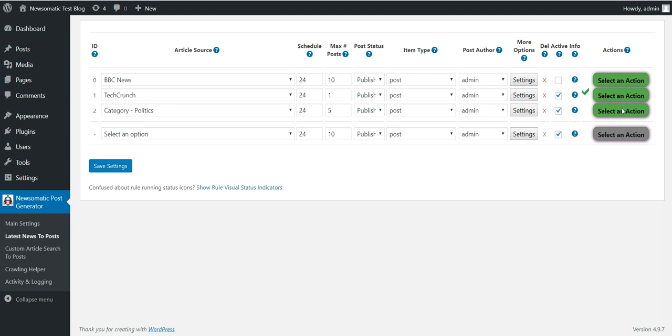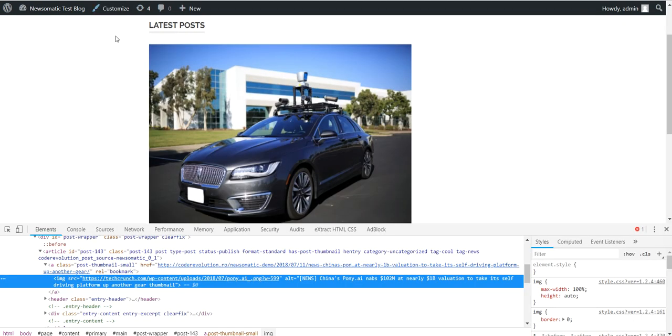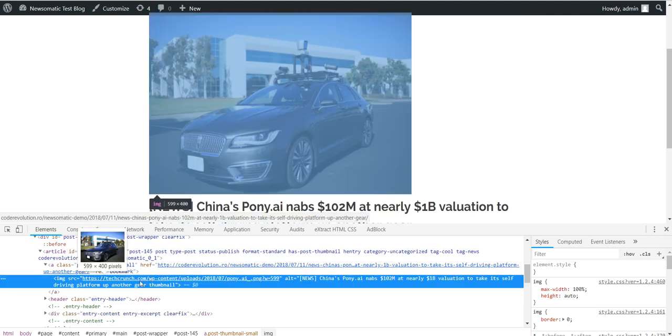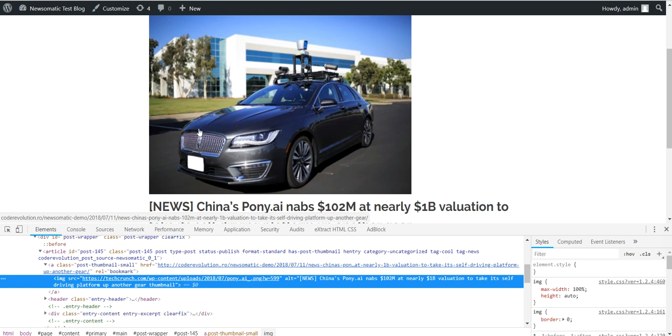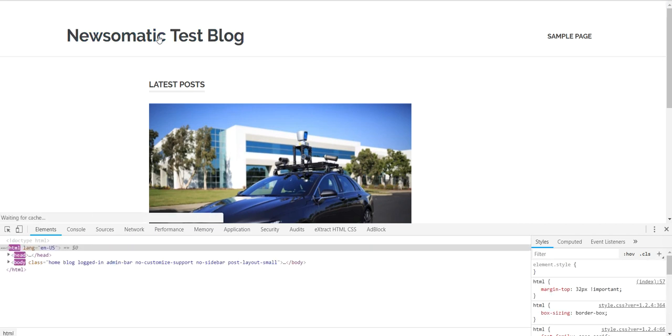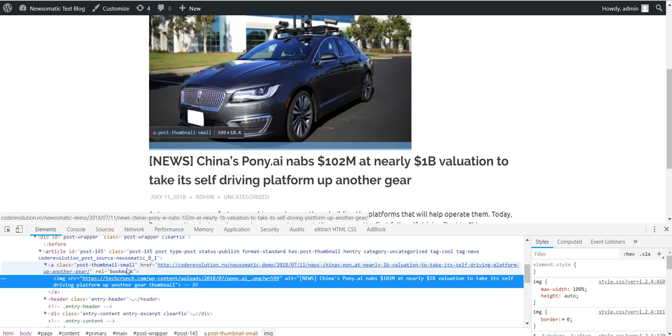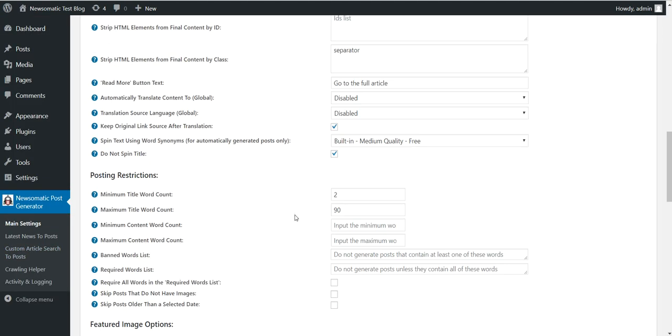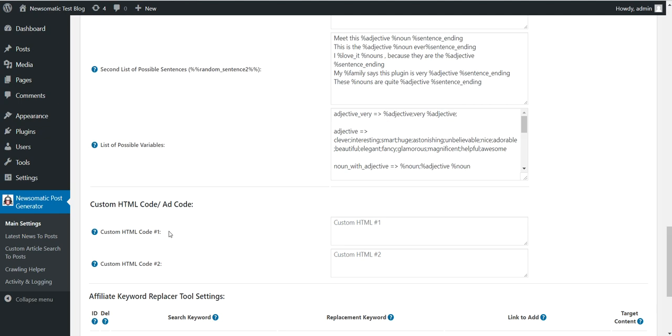Okay, now let's delete the post, run this rule again. Importing takes a bit, but if we check this, image is from TechCrunch, as you can see. So it is the featured image of the post because this is the main page, and it is extracted directly from TechCrunch. But if we uncheck the do not copy featured images locally,